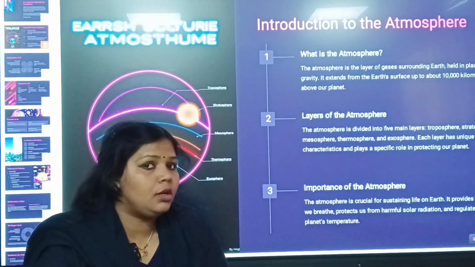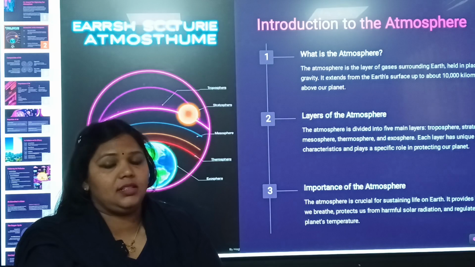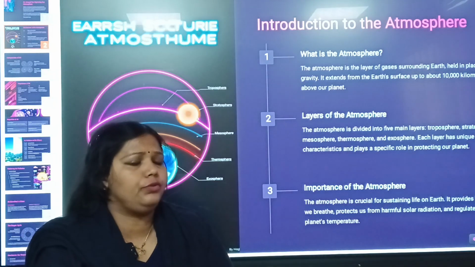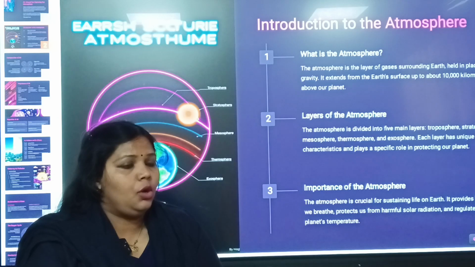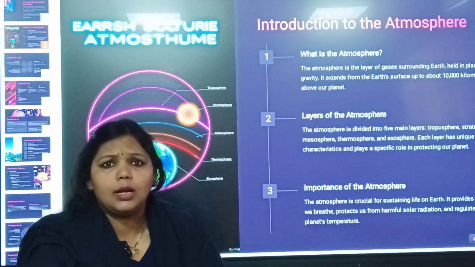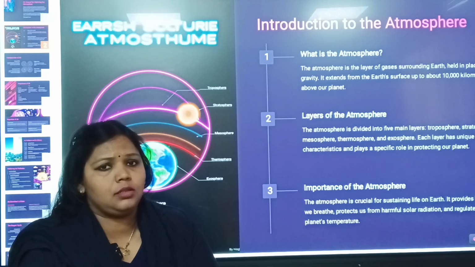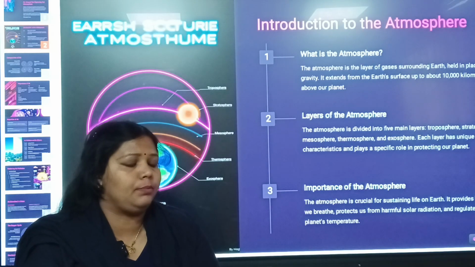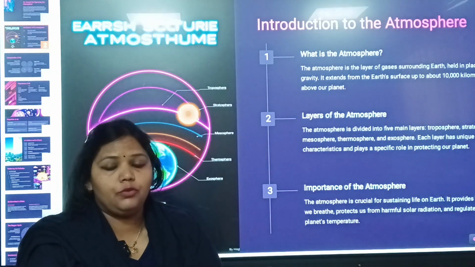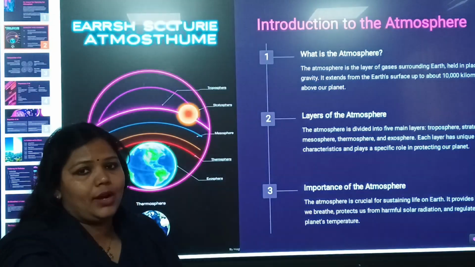You have also heard about the ozone layer. Ultraviolet rays coming from the sun fall directly on the earth and cause diseases in humans. To protect us, the universe has given us the ozone layer, which is present in the stratosphere